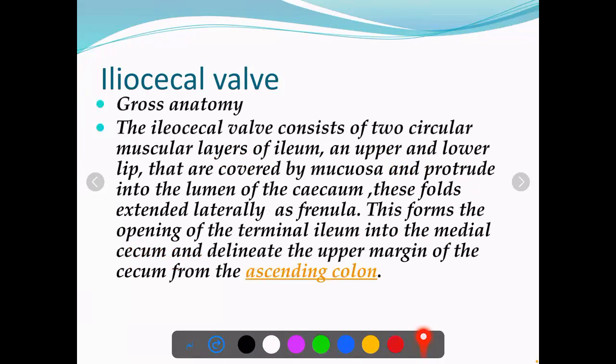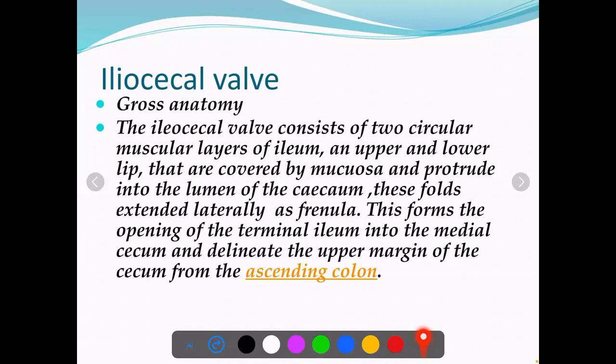Gross anatomy of the ileocecal valve. It has an upper and lower lip that are covered by mucosa and protrude into the lumen of the cecum. This fold extends laterally as a frenulum. This forms the opening of the terminal ileum into the medial cecum and delineates the upper margin of the cecum